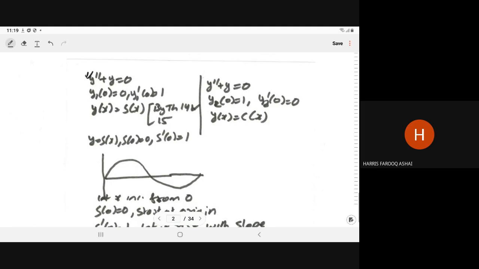I'm saying that we have the differential equation, and both differential equations are the same. Initial conditions are given to you: y at 0 is equal to 0, y dash at 0 is equal to 1. For that, we have the solution. Let's assume we have the unique solution, because theorem 14a states that if initial conditions are given to you, then we always have the unique solution. Right? In section 14, we have stated theorem A. So we have the unique solution.